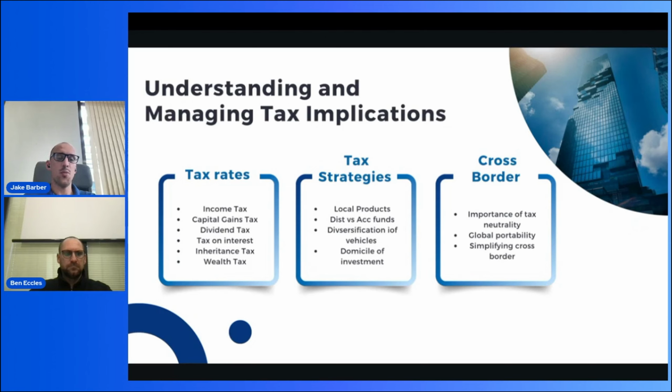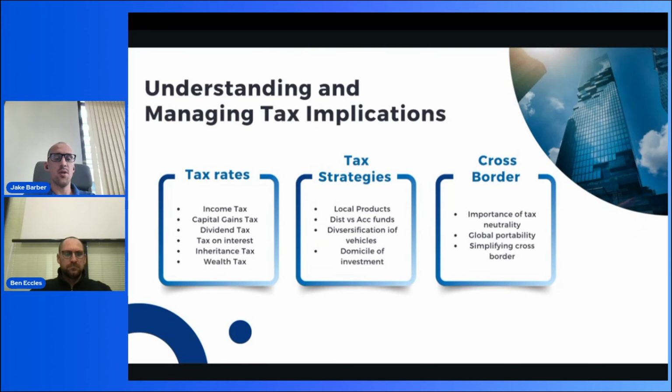And the difference here is the distribution would pay out the interest and the dividends to your account, which means every time that's paid out, you're going to end up with a tax bill. Whereas accumulation funds or accumulation ETFs, they roll up the dividends and the interest within the fund, which doesn't incur taxes. So it just means your funds have the benefit of compound interest, which means your pot grows faster. Of course, you have more tax to pay at the end, but I'd rather pay more tax at the end than pay more tax early on and end up having a reduced pot.